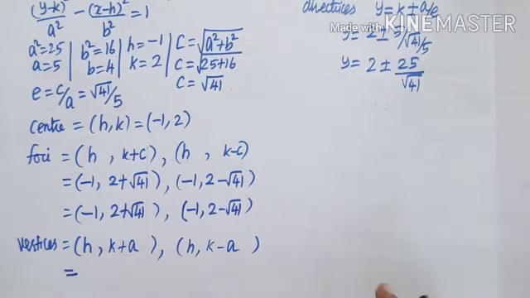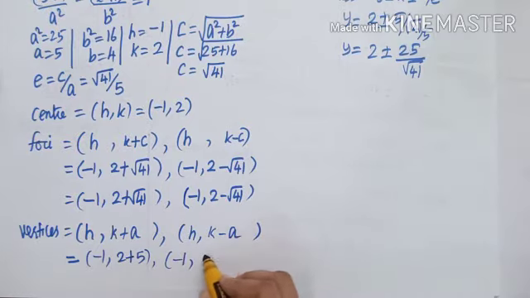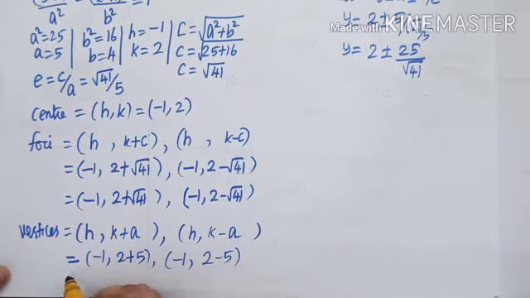Substituting in vertices. Vertices H, K plus A. It is minus 1, K plus A, 2 plus 5 and minus 1, K minus A, 2 minus 5. That gives rise to minus 1, 7 or minus 1, minus 3. So we have identified